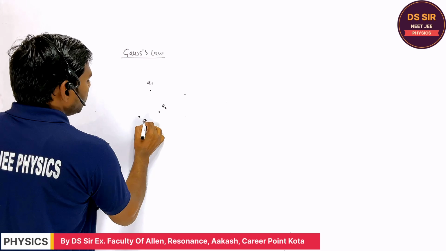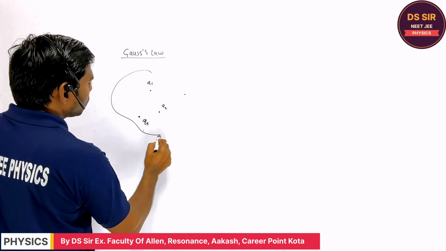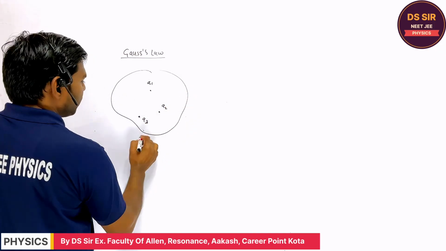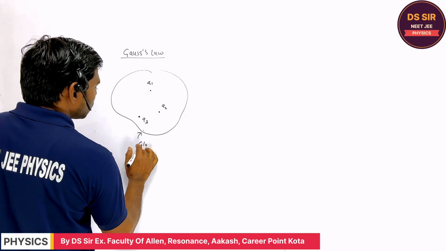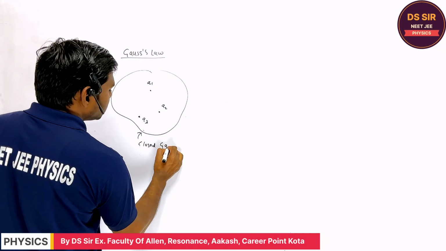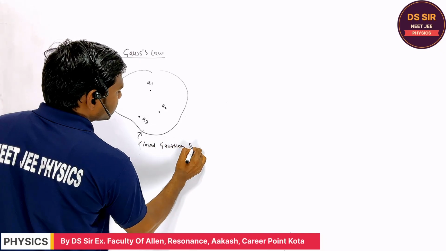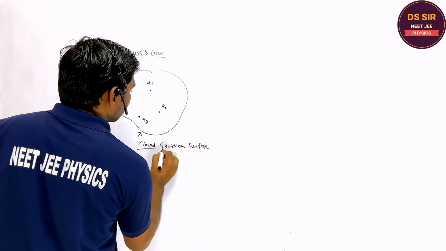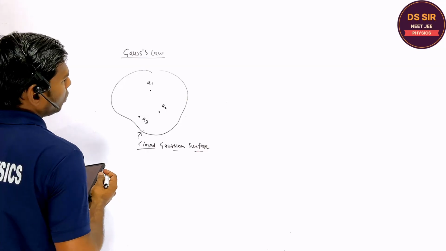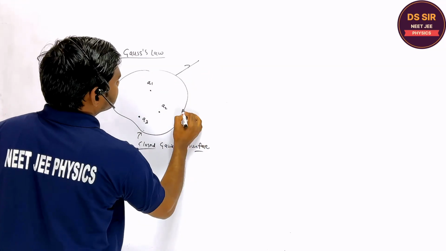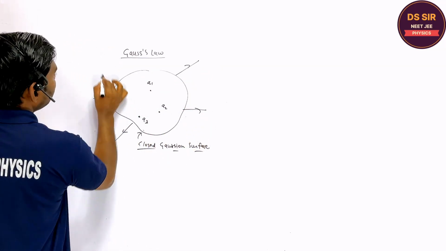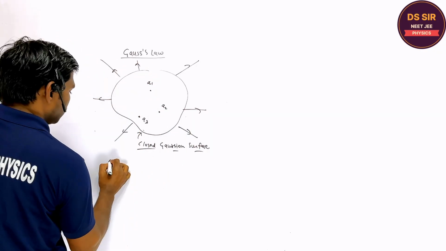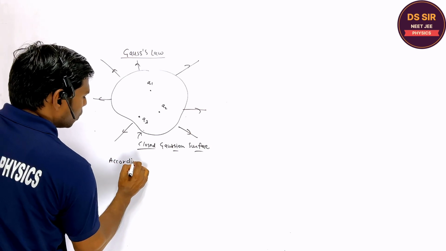So if you draw a closed surface, if you consider a closed surface, this surface is called a closed Gaussian surface. Is it clear? So the net outward flux, this is the flux linked with this closed Gaussian surface, according to Gauss's law,